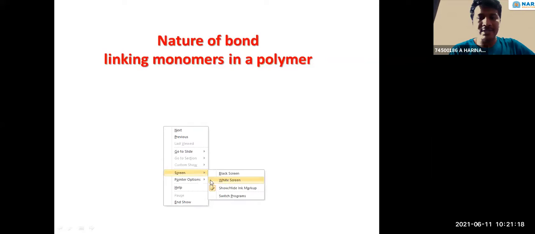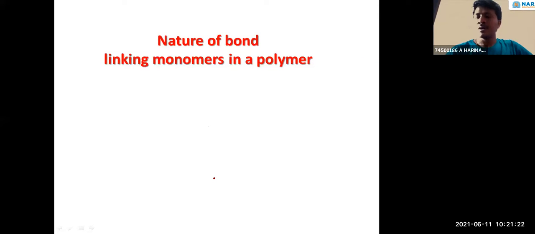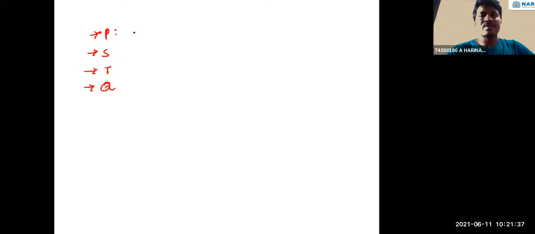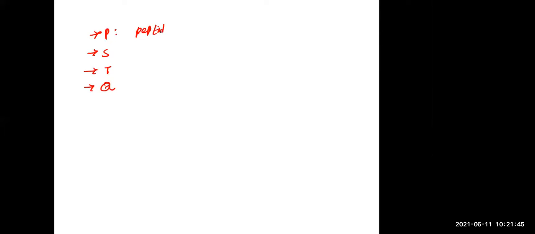Good morning. We discussed proteins. Protein structure is explained in four forms, right? Yes, we already discussed all four: primary, secondary, tertiary, and quaternary. What is the main reason for the primary? Only one bond is present in the primary. That is the backbone of the protein. That is the peptide bond.